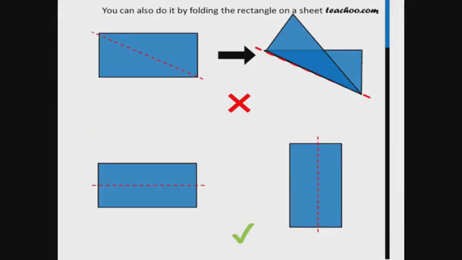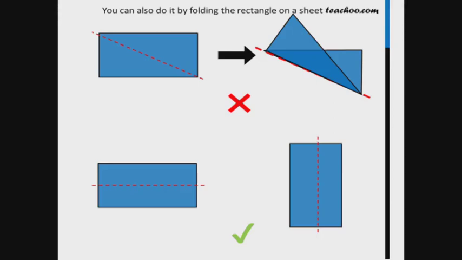Now, how can we do this by ourselves? How can we practice this at home? You can cut out a shape of a rectangle and also cut out a shape of a square. Now, here is a cut out shape of a rectangle. Now you notice that when a rectangle is being folded